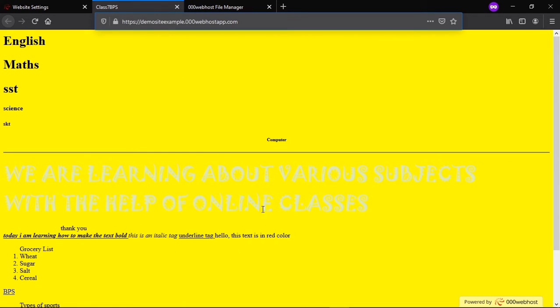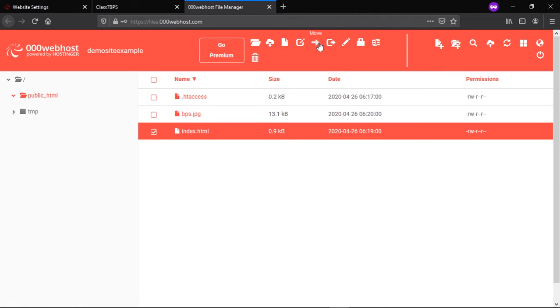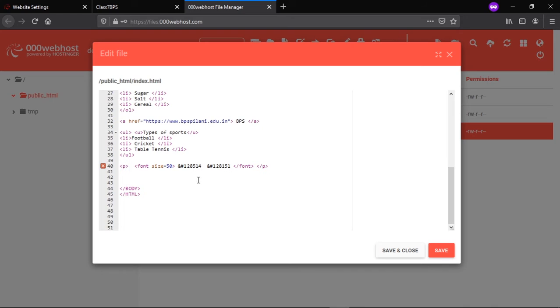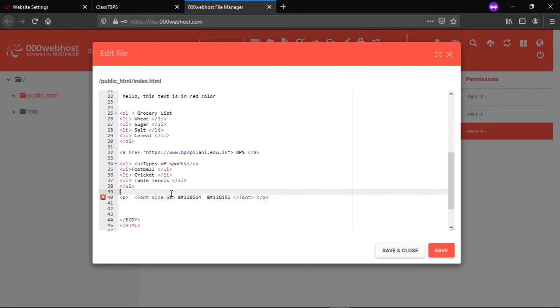The file manager also allows you, if you want to make some changes in your web page, you can directly open your index.html file and go to edit option. It's same like we open our HTML document in Notepad in your computer.